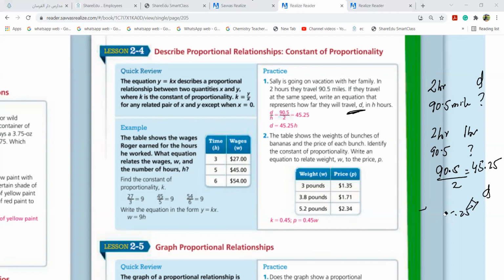Simple, simple. See everything. Did you find it for 1? For 1 hour, how much? Tell me. 1 hour is 45.25. They did not ask you 12 hours or 3 hours. They asked you d hours. I don't know what d is. This is division, 45.25 divided by 1, then multiply by d. So the answer is 45.25d. This is your answer. D can be any number. No, in the exam, I will not give such questions, of course. This is 2.4.